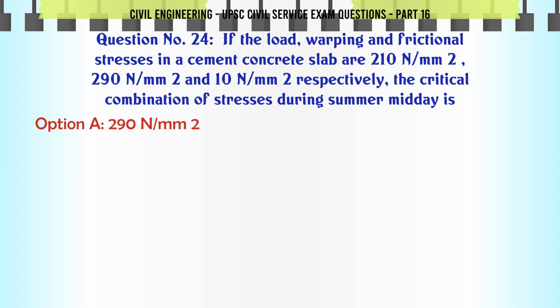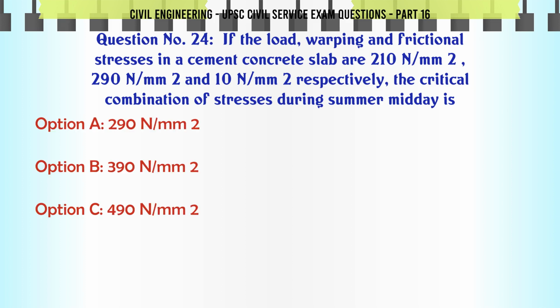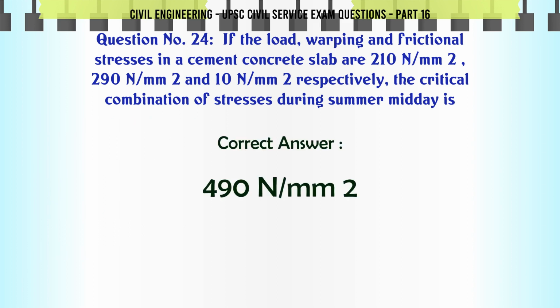If the load warping and frictional stresses in a cement concrete slab are 210 N/m², 290 N/m² and 10 N/m² respectively, the critical combination of stresses during summer midday is A 290 N/m², B 390 N/m², C 490 N/m², D 590 N/m². The correct answer is